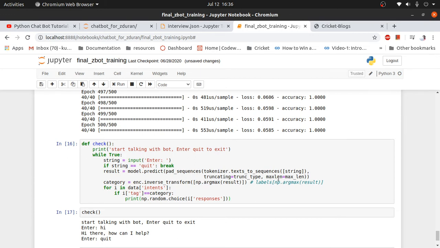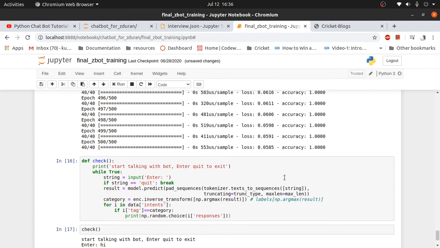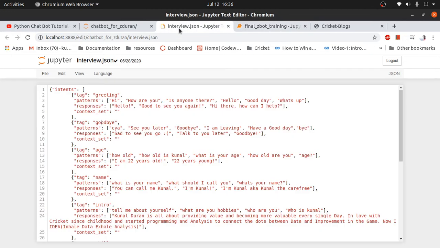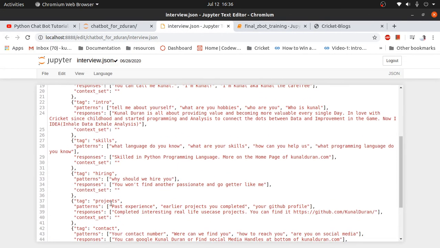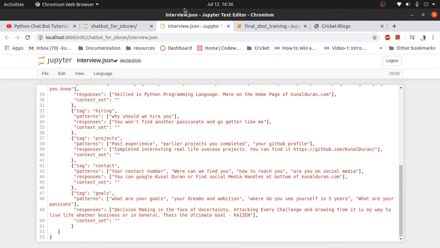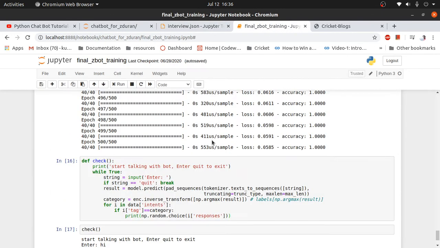The softmax function outputted 10 probabilities. Whichever is the highest, we take the argument of it and we inverse transform.